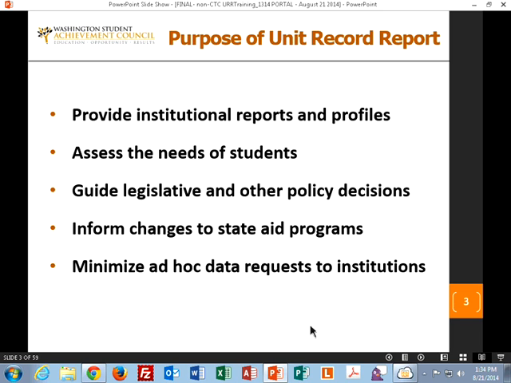And by having this one significant database, we're able to minimize the amount of ad hoc reports that institutions might have from either us or from other agencies like that. So we hope that it's a lot of work that you'll understand and your institutions will appreciate how this all works out.